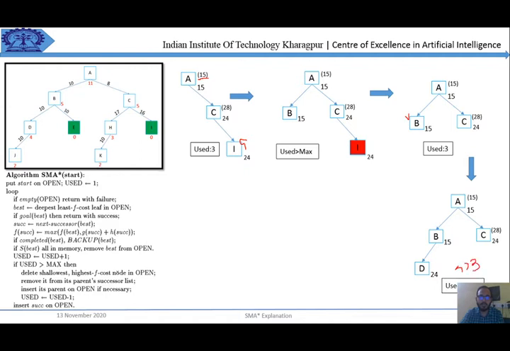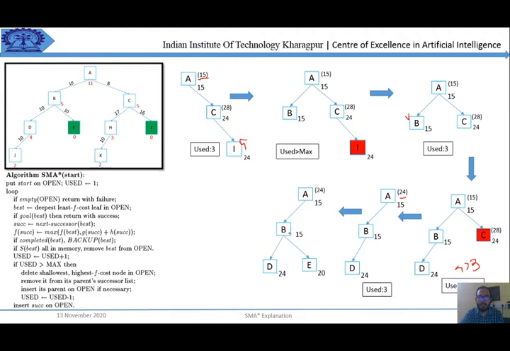So this part will be executed, and from 15, 15 and 24 I have to remove someone. This is the highest one, so C will be removed, and since the 24 will be kept here as it is forgotten, the node will keep it in the successor node. After that, the use value will be decreased to 3.